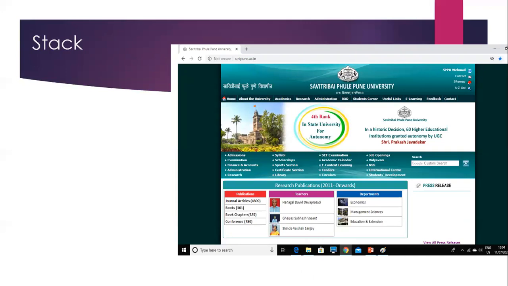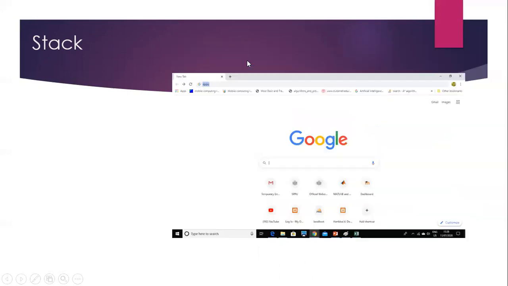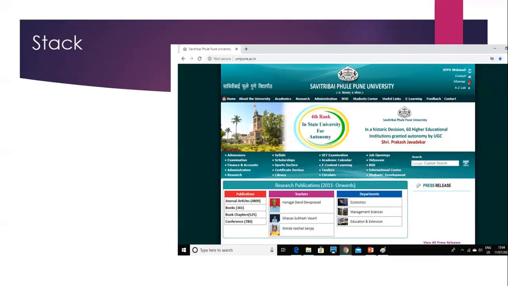After that, suppose I want to check the syllabi part. When the person comes on the particular search page, in the previous example, I have searched SPPU. When the page is getting loaded, that is when the stack is getting maintained.